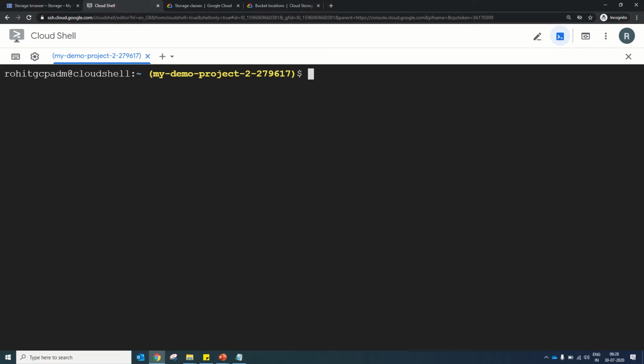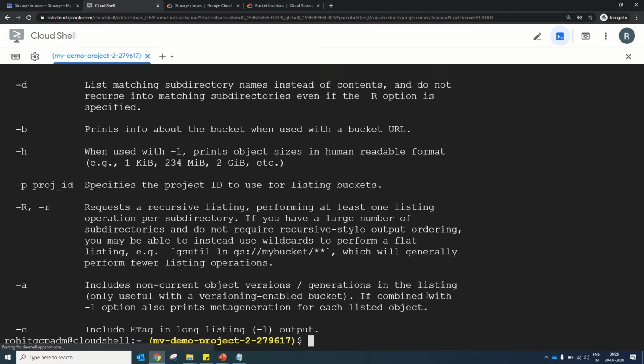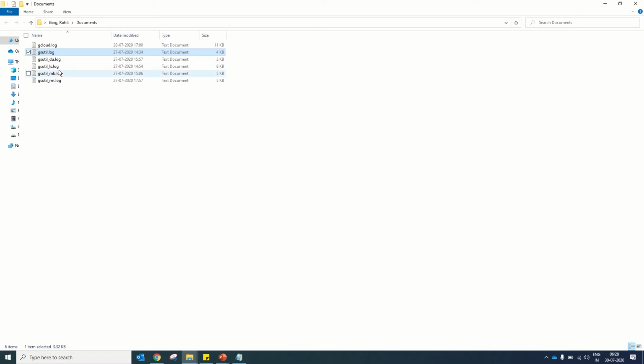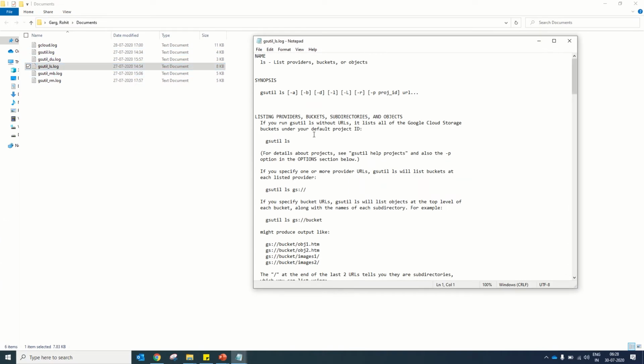Further to this, gsutil also has a list of options for each command. These options or flags govern the functionality or the behavior of a particular command. Using the same approach, you can run help against those commands as well, like this: gsutil ls help. If you run it, it will give the option details of this particular command, and I have also downloaded it for reference. Let's open it.